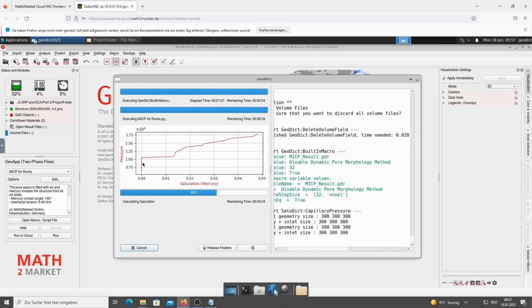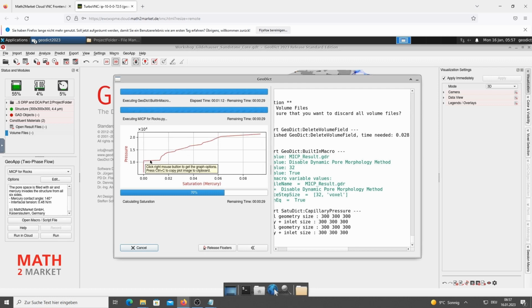As you can see, a certain capillary pressure is required such that mercury is able to invade the structure.